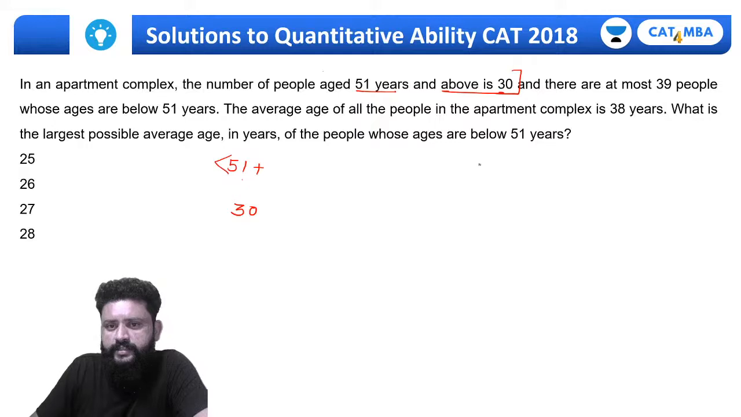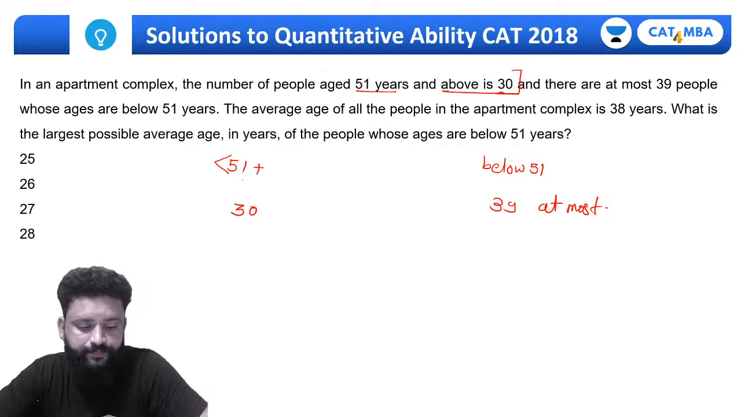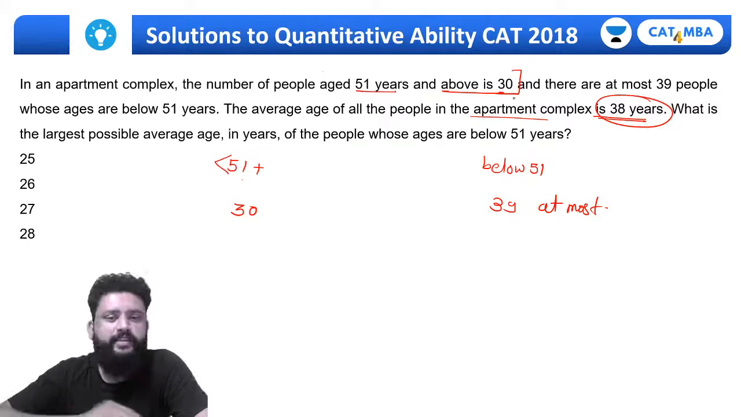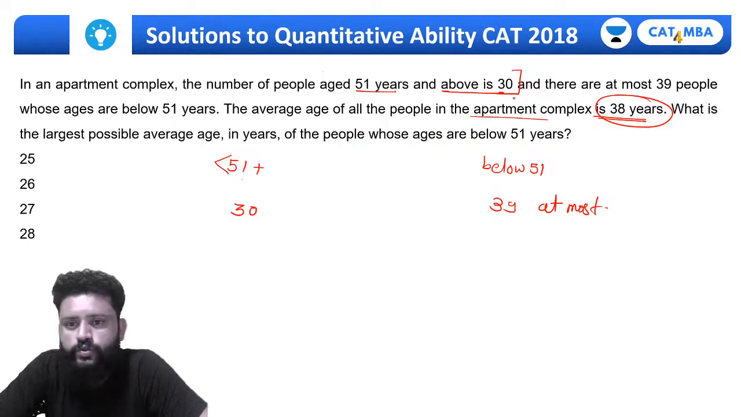If it is below 51, at most 39, at most. Okay, कितना हो सकता है? ज़्यादा से ज़्यादा 39. Then the average age of all the people in the apartment complex is 38. So definitely